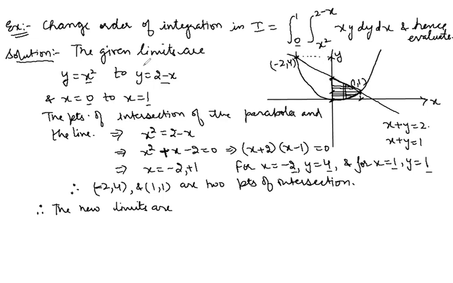Okay, the line cuts the y-axis at y is equal to 2 because on the y-axis x will be 0. So y is equal to 2 is the point where this line cuts the y-axis. Okay, so these types of points you can directly show in the figure. There's no need to go for each and every point to show it there.